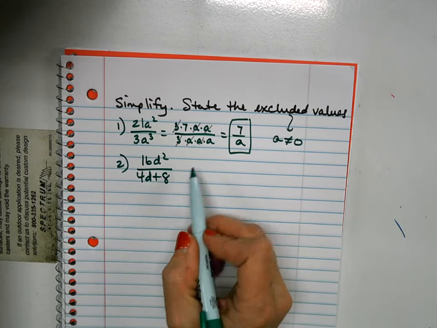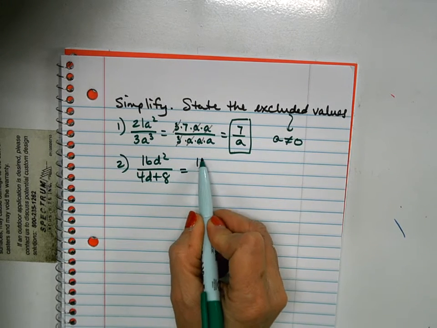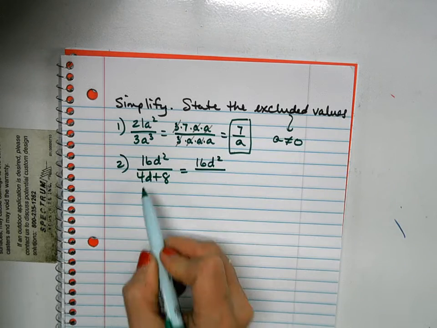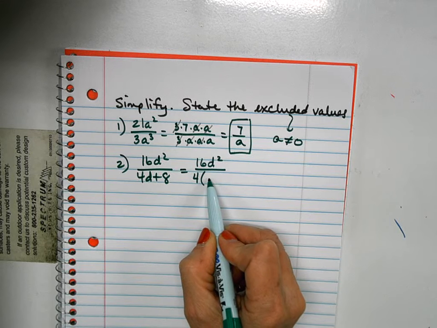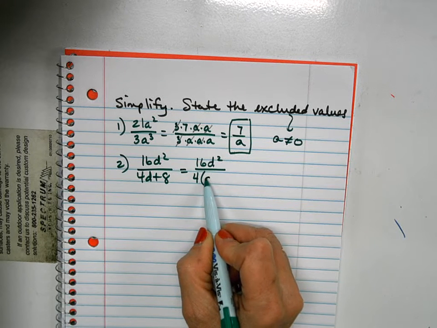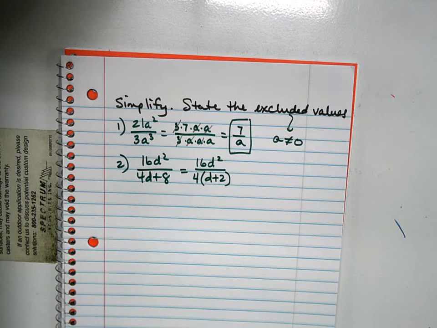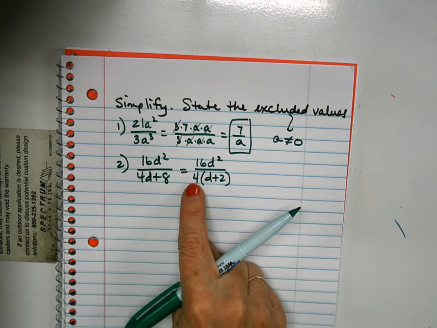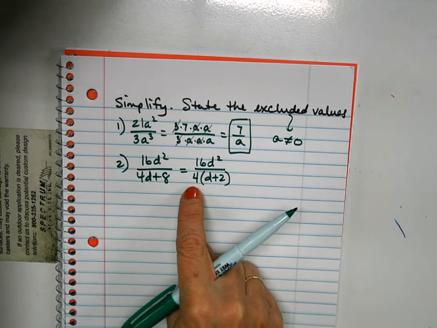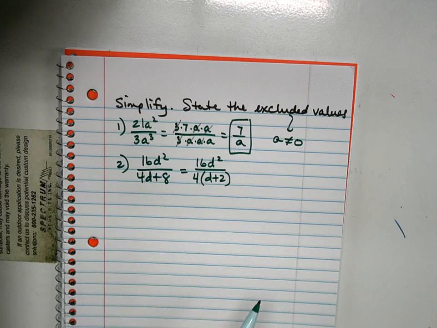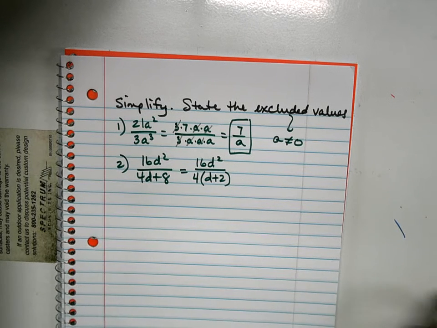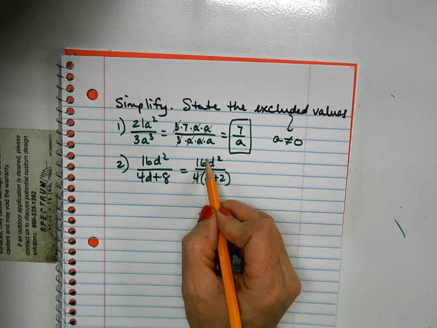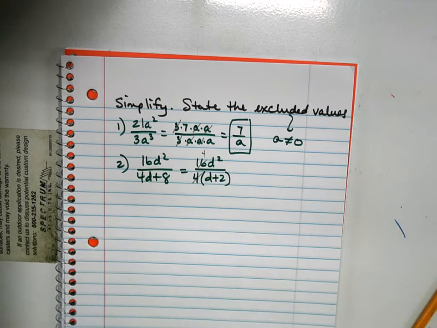So what I'm going to do is in the denominator, I'm going to pull out a GCF. I'm going to leave the numerator as 16d squared over. Now let's pull out a common factor of 4. What would be left? D plus 2. Now, this 4 is being multiplied to this. I could reduce the 4, or I could reduce the d plus 2, right? But I think I could cancel the whole 4. The 4 will cancel into the 16. I could take a 4 out of the 16, leaving 4. So I would have 4d squared on top